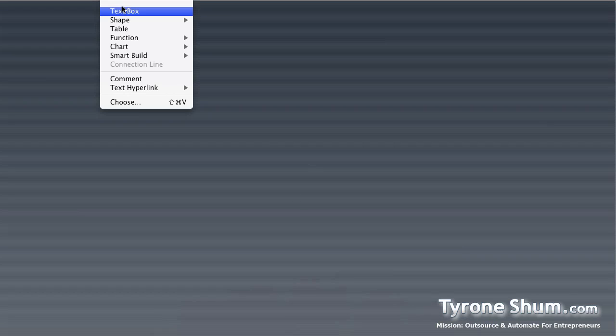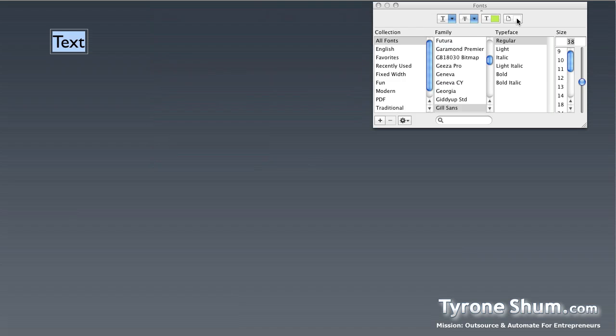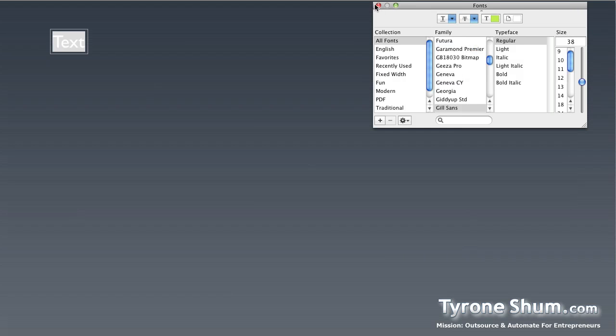Okay, I'll put a text box here. Let's change the font color so you can see it. It's in white. Hope people can see this. This should make it a lot easier for you.